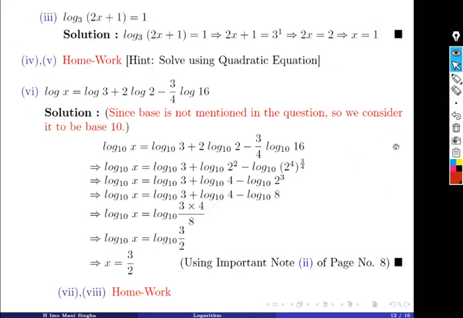Next, log of 2x plus 1 base 3 equal to 1. Apply the log definition here. You will get 2x plus 1 equal to 3 to the power 1, which is nothing but, ultimately after solving, x is equal to 1. Now 4 and 5 are kept as homework. The hint is you have to use a quadratic equation to solve them. Number 6. Here you see in the question